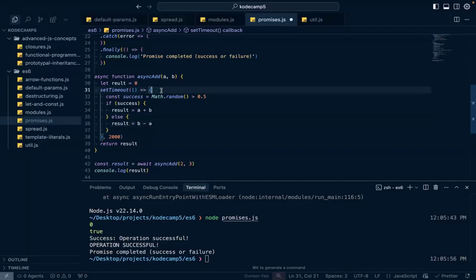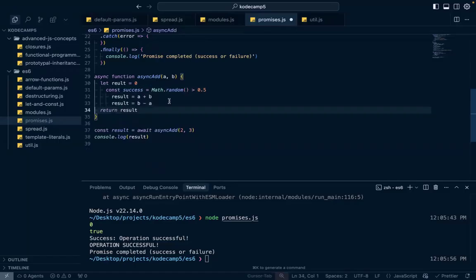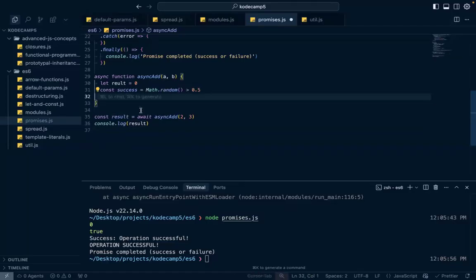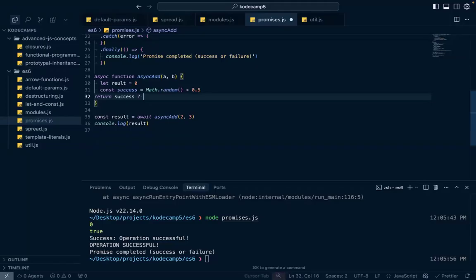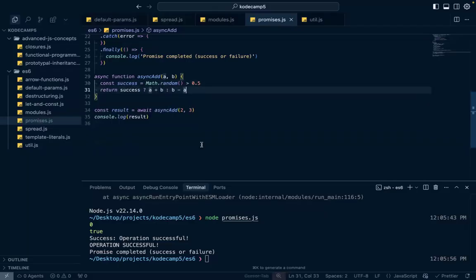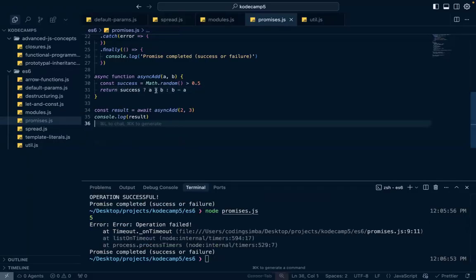So let's remove this setTimeout. I don't want to go doing this. Remove the setTimeout. We have success is this. Then if success, let's just do a shorthand. Return success A plus B, else B minus A, like so. This is not actually an asynchronous operation, but I'm just showcasing this. But this is an async function, and if you remove the await,